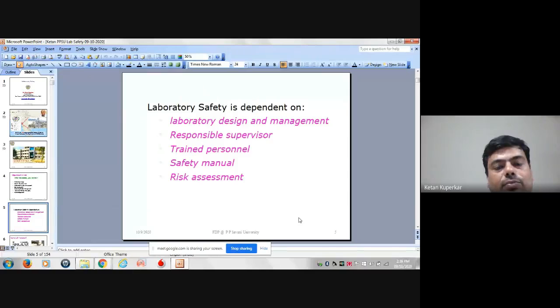In addition, responsible supervisors, lab attendants or lab technicians work together as a team for laboratory safety. Those personnel should be well trained, so I'll be discussing the training measures for those faculties or persons who are put in charge of handling the laboratory. I'll also mention the safety manuals, in order to control or to have a grip over